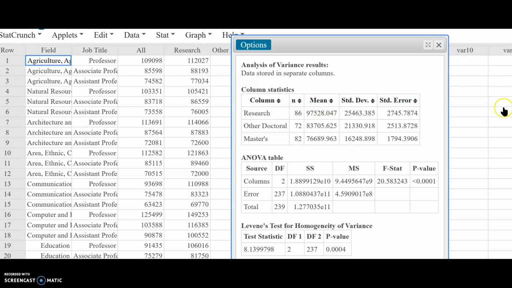Certainly we can see between our samples there are some differences in mean as well as the standard deviation. Looking at our F-stat, we can see that it is 20.5832 with a p-value of less than 0.0001. Therefore, we're going to reject the null, which states that there is sufficient evidence that at least one of these means is different. Looking at the Levene's test for homogeneity of variance, over here, our null hypothesis is that each